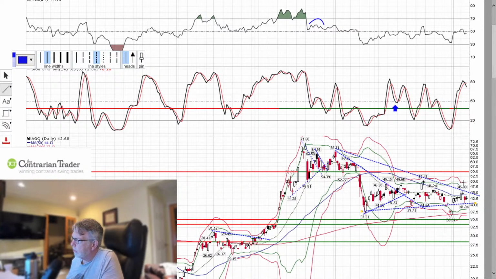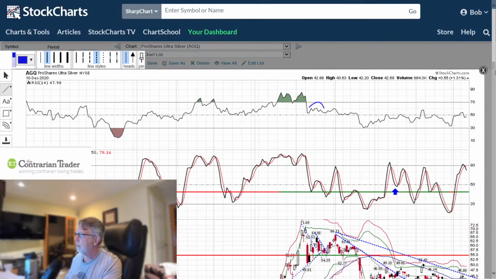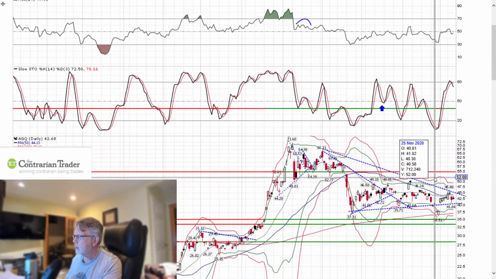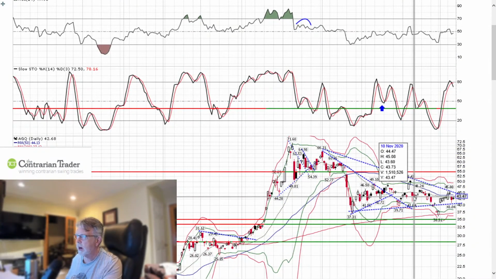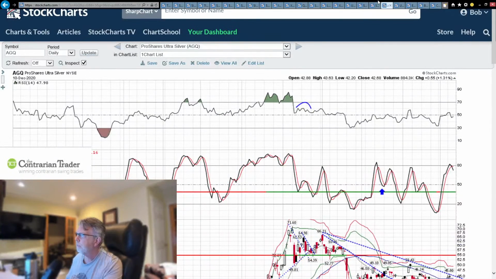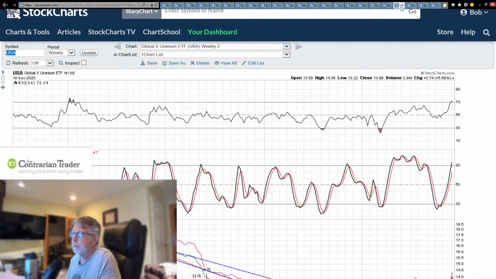So what we're looking for is a pullback to support or a breakout, and then we're considering adding more when the risk reward is favorable. I don't want to buy it in the middle of a trading range. We're already long of it. I want to add more, ideally on strength, on a breakout. And that may not be until January 1 or the beginning of the year, the new year.